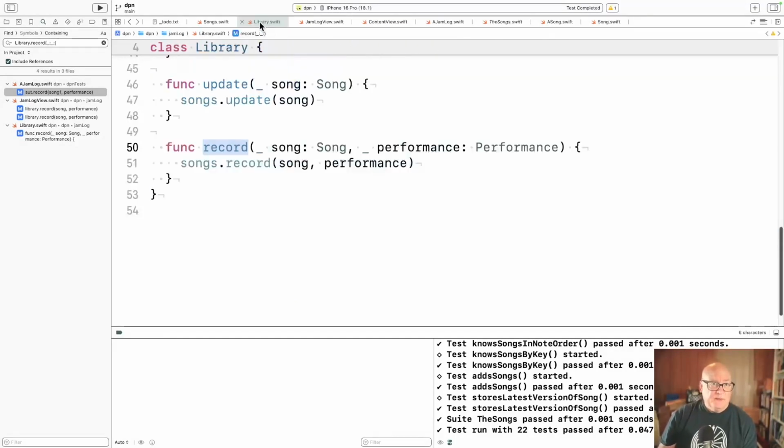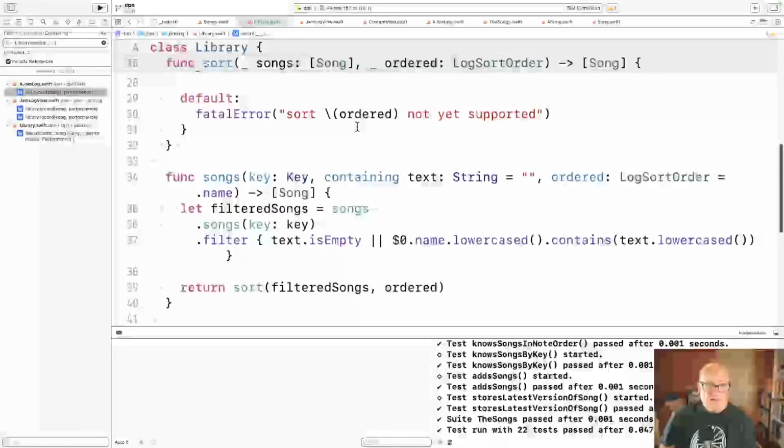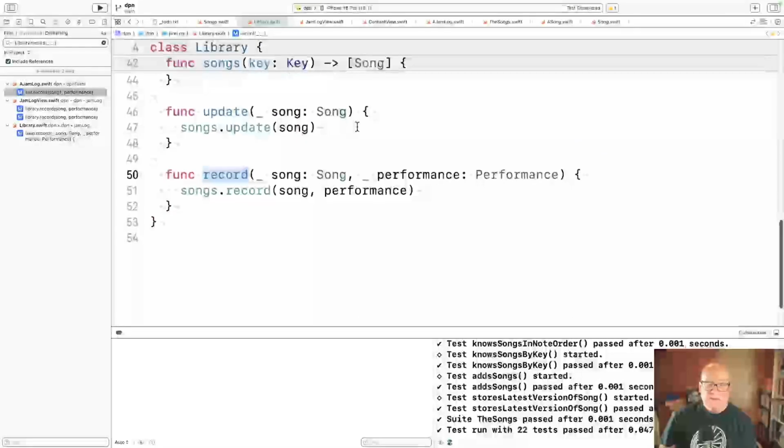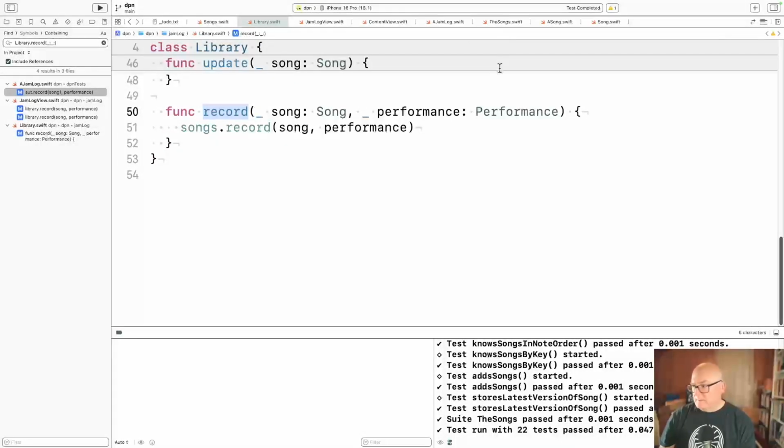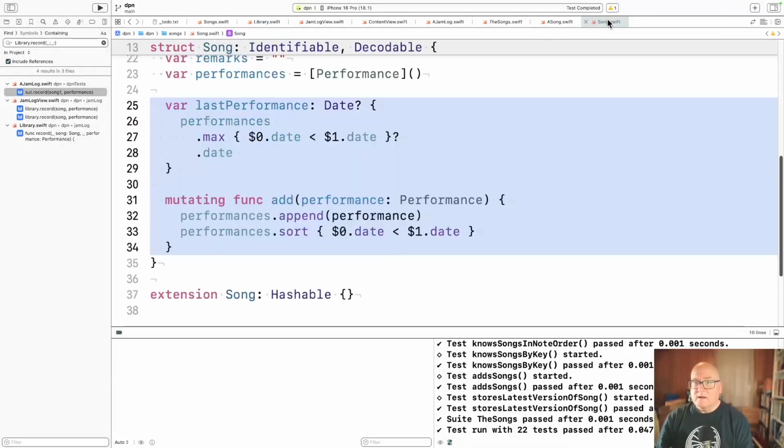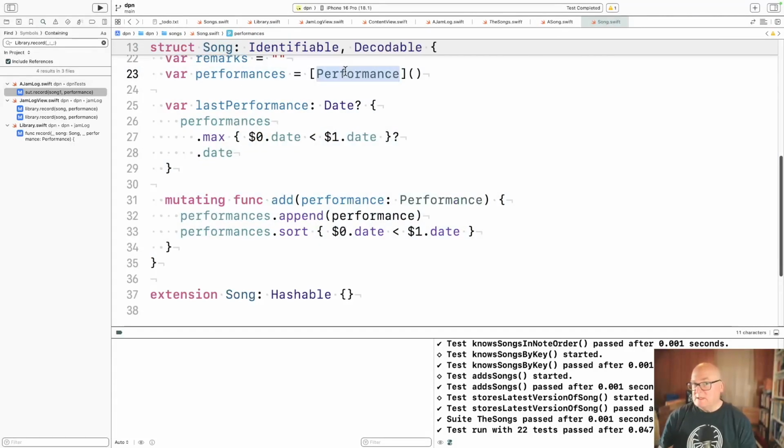I think the big complexity left is these two not being merged yet. But once we do, I think we've made a good step forward. Just a quick, I think this could probably be a set rather than an array, and then when you fetch it, you sort it.